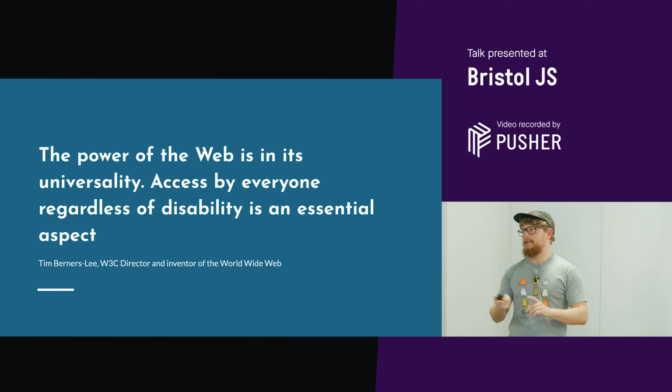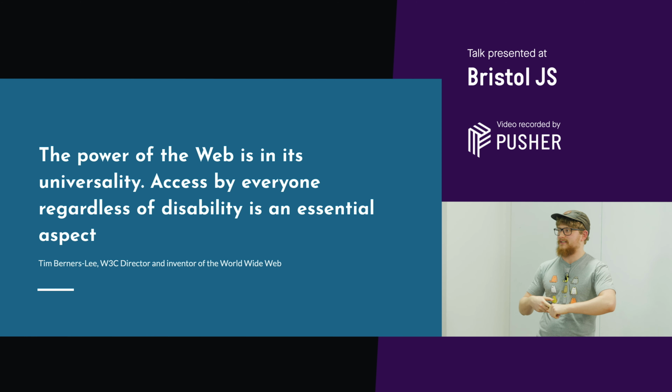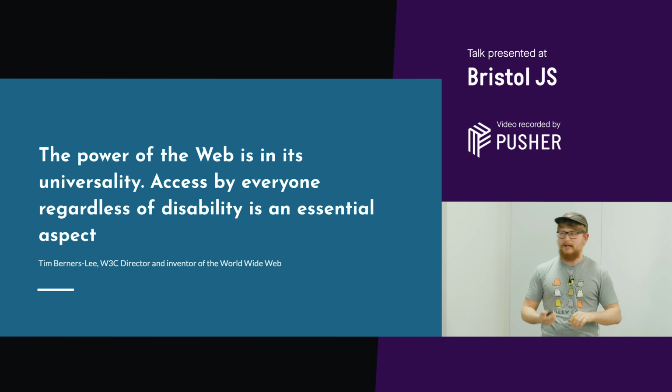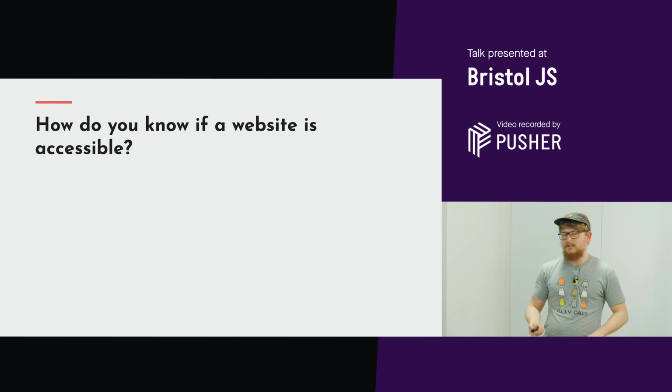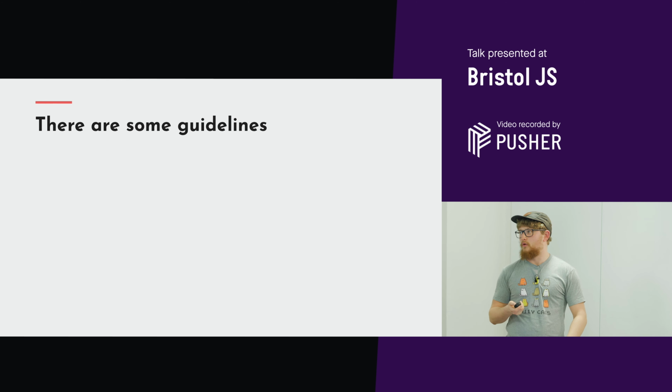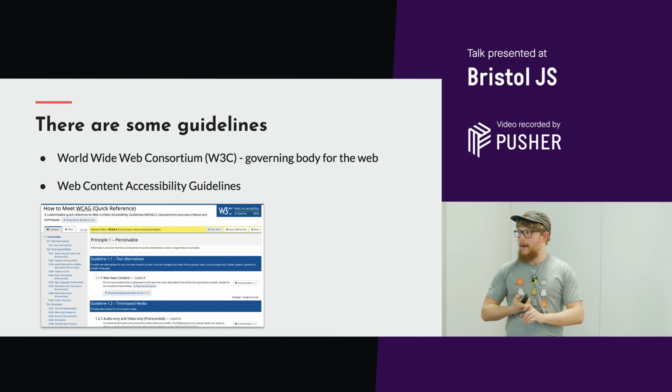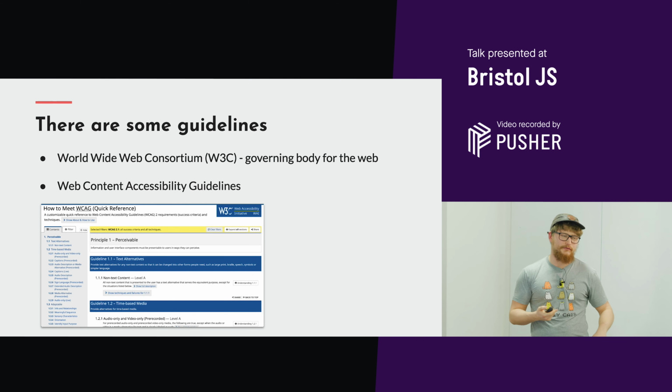As Tim Berners-Lee said, the power of the web is in its universality. Access by everyone, regardless of their disability, is an essential aspect of it. So how do you know if your website's accessible? Well, with some guidelines. The World Wide Web Consortium, W3C, created these, the Web Content Accessibility Guidelines, sometimes referred